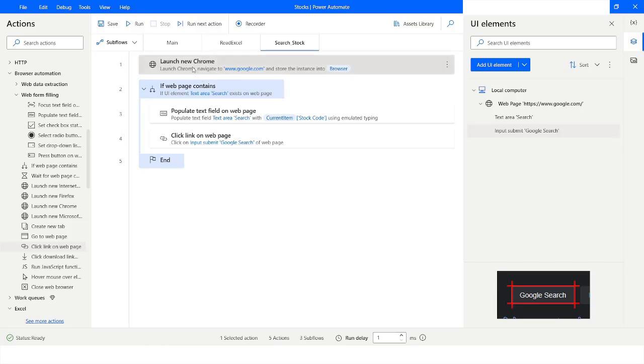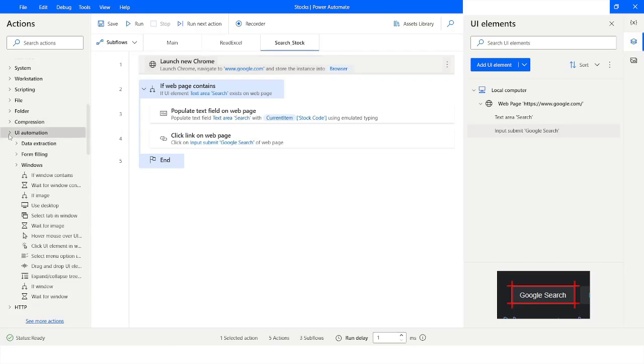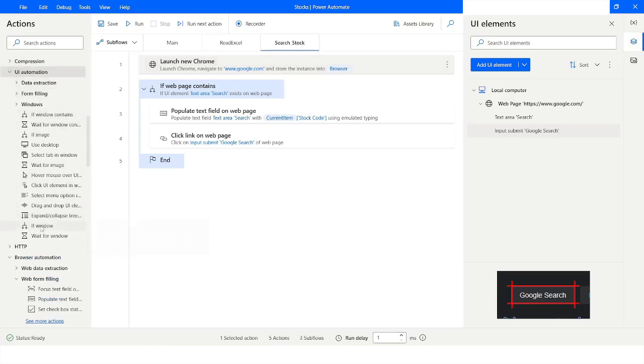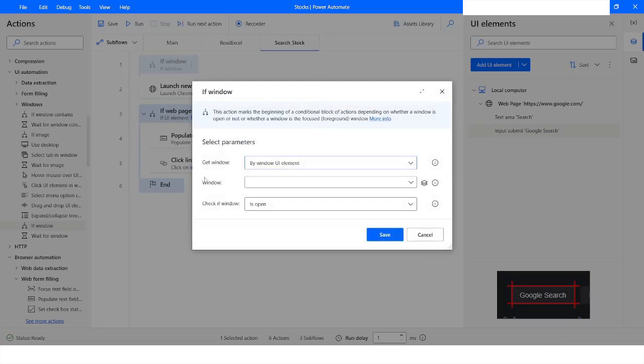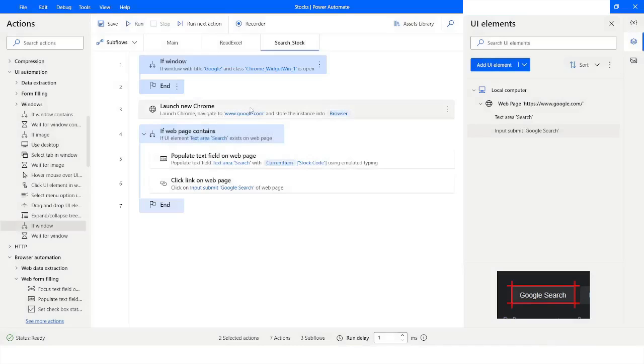For that, what we are going to do is we will go to UI automation, and from here we will take if window, and then I will use the title or class. Here I will specify the title, and in the window class I will choose the class of the web browser. So here I've chosen Google as the title and the class of that Google Chrome, and I will click on save. So now I'm saying that if it is not opened,